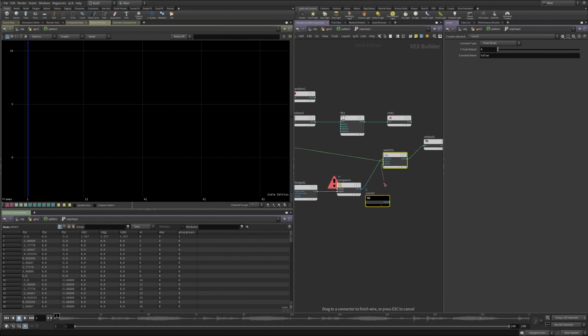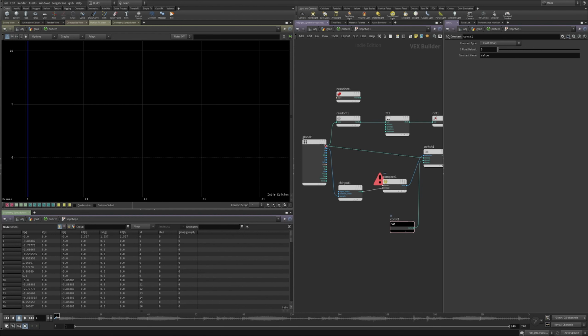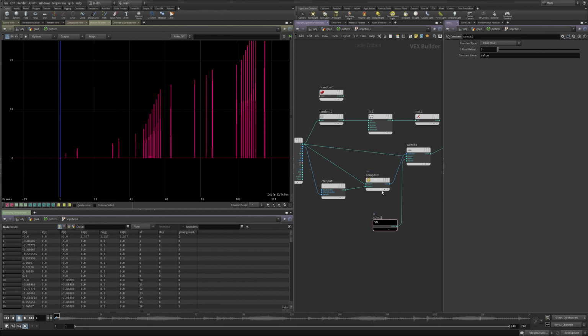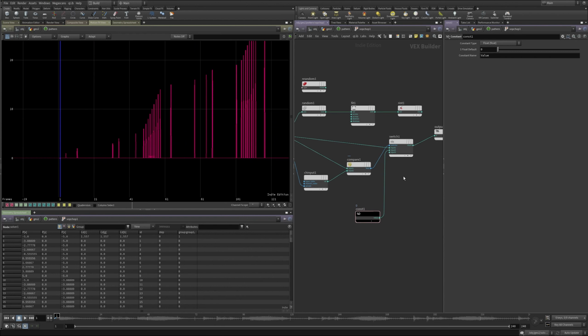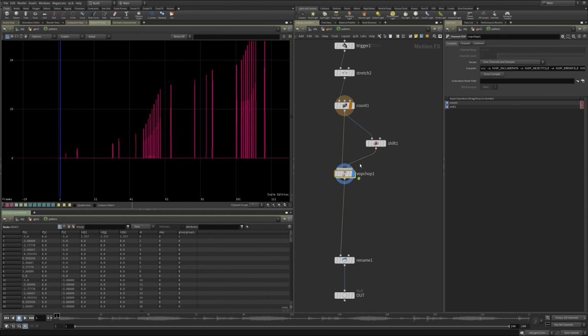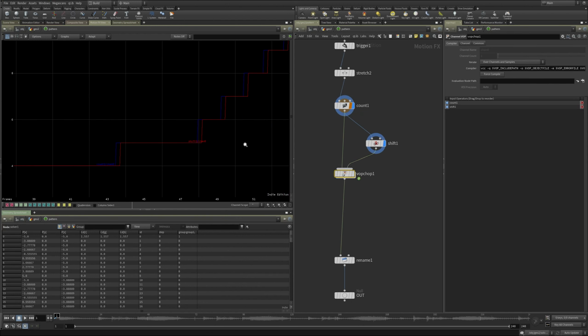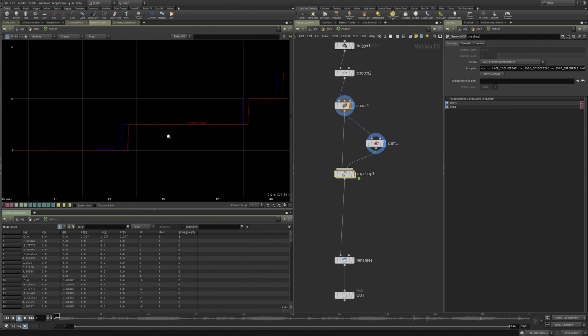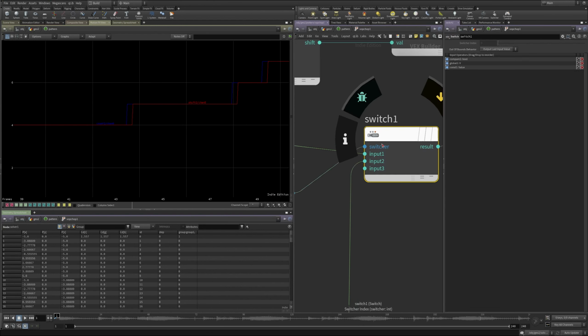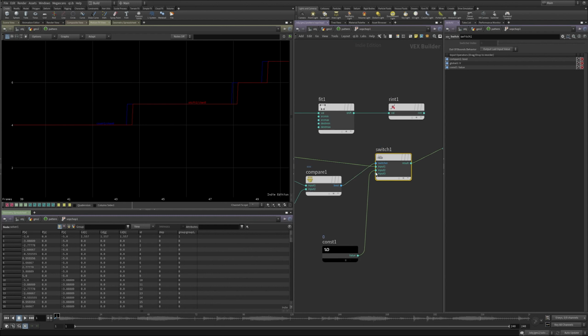Let's see if this does what I want it to do. There we go. And that's looking more like what I want. So what this is telling us is that in this VOP I'm comparing, when these two values are the same, so anytime this condition is true, output is 0.